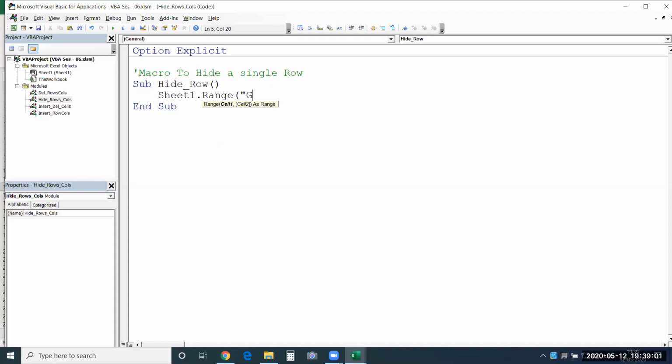Suppose I'll take column G, I'll say G4 to G9. I want to hide the rows. So in order to do that, you say dot entire row. So whatever you mention here, that part of the cell will be hidden, either rows or columns. Let's say dot hidden. See, hidden is a property here and it has two values. One is true and the other is false. If you set the hidden property to true, it will hide. If you set it to false, it will unhide. As simple as that. I'll just set the property to true